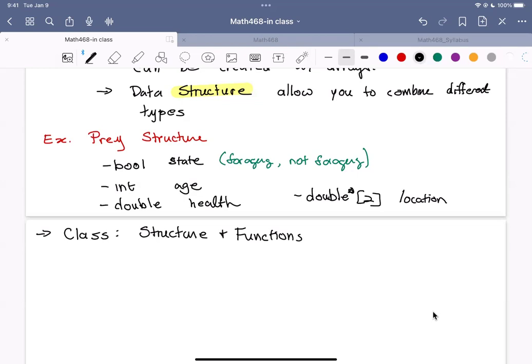And these are special functions in that they have access to the variables in the structure without you having to give that function those variables. So usually when we specify a function, we have to pass it all of the information we want it to have. But if you specify a function inside of a class, it has access to all of those structure variables without you having to pass them. So that can be really convenient if you don't want to have like 30 arguments to each of your functions, right? Okay, so as an example of extending our prey class,